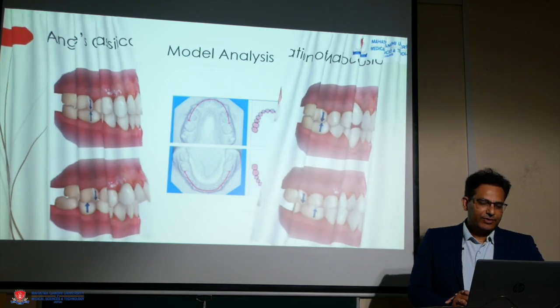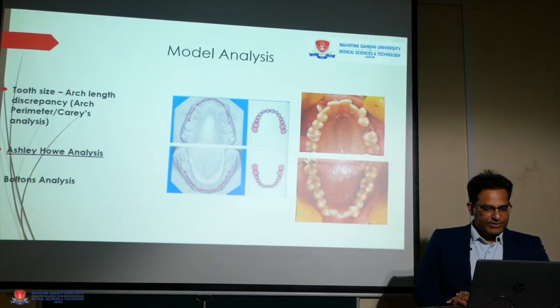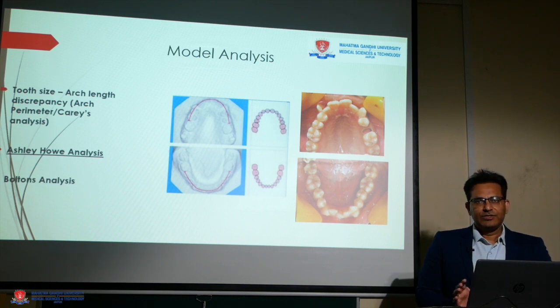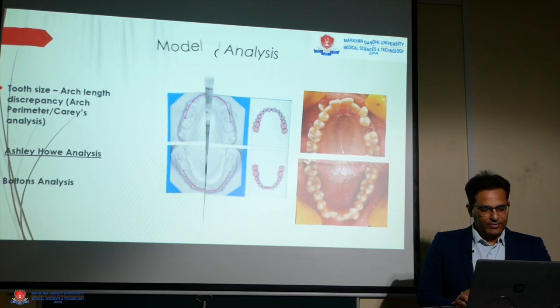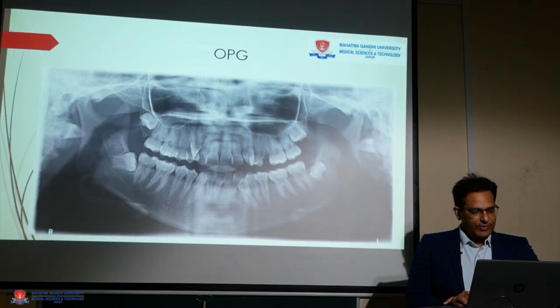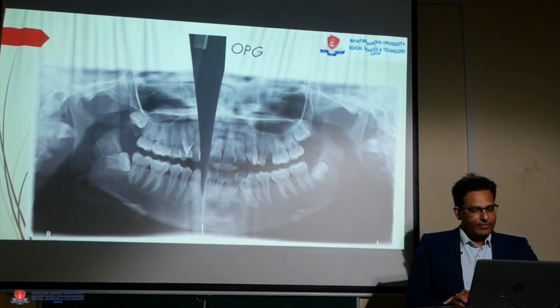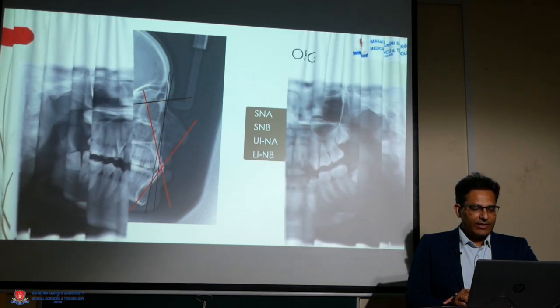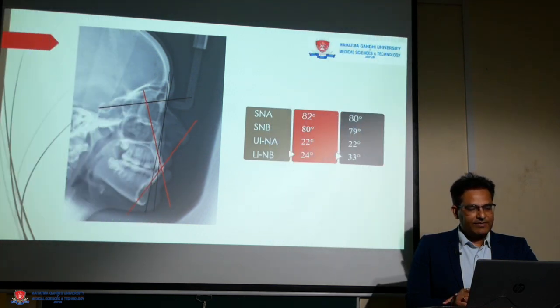Once we classify the malocclusion, we study the models of the patient. In the model analysis, we evaluate the relationship of arch length with the tooth material, check whether the tooth material and arch width correspond with each other, and check the ratio of the maxillary and mandibular dentition. Supplemental radiographs are taken; an OPG is taken to evaluate if we have any dental anomaly. The lateral ceph of the patient is evaluated to check whether the dental and skeletal values correspond with the established norms.